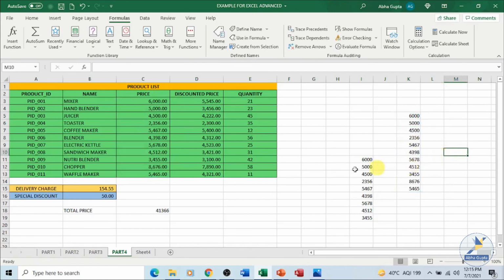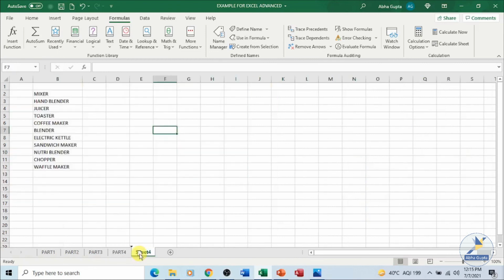Let's go to a new sheet and try the scope of these defined range names over there. Let's go to sheet 4 over here. Now under your formulas tab and define names, click on use in formula. If you look over here, price new is no longer available because we defined the scope of price new as it should be available only in part 4. So you cannot make use of that particular name over here. All the other range names and cell names are available. You can see over here we have this data.